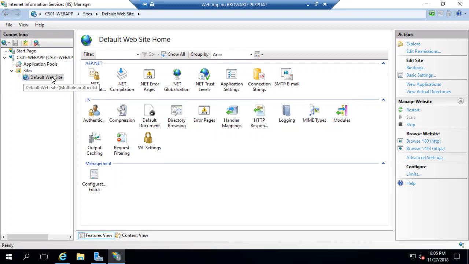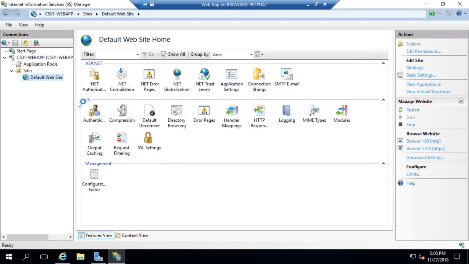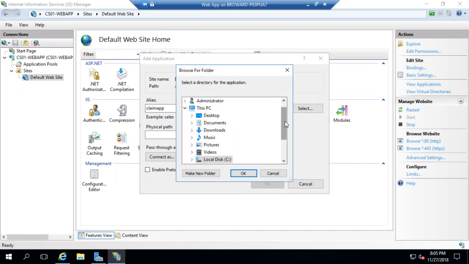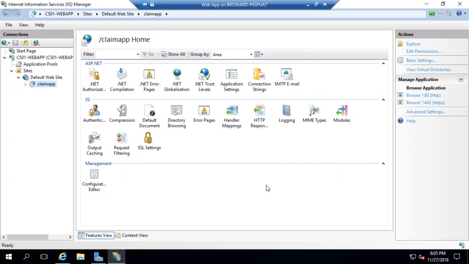So the next thing I'm going to do is add an application to our default website. I'm going to call this a claim app, and I'm going to browse to that location where we copied that code, which is inetpub claim app. Click OK. Guys, now